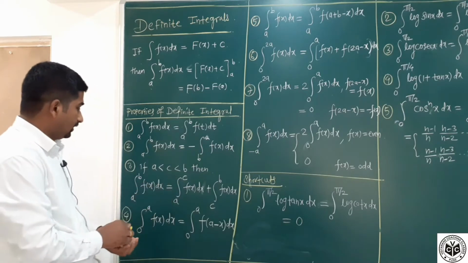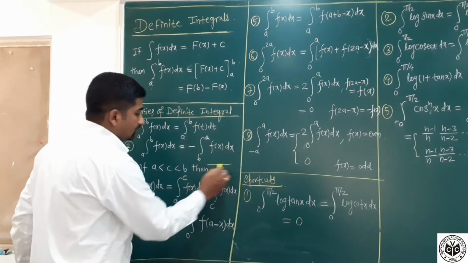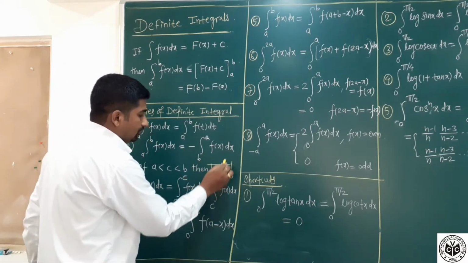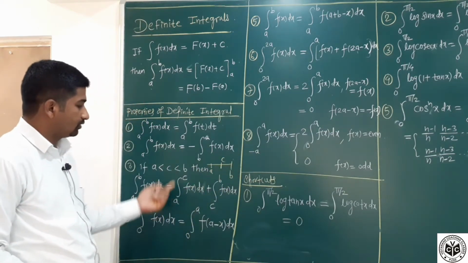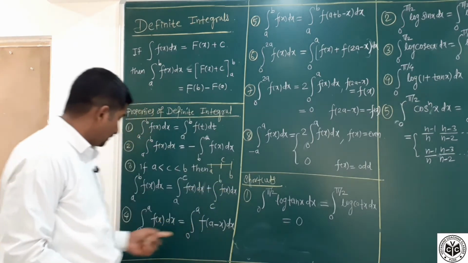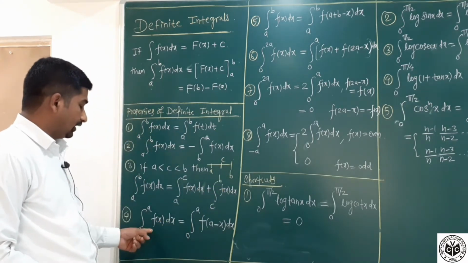After that, suppose we have a point c in between a and b, then we can write this as the addition of two integrals: a to b becomes a to c plus c to b. The next property is 0 to a f of x dx. This is very important